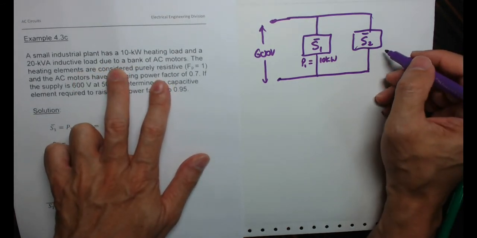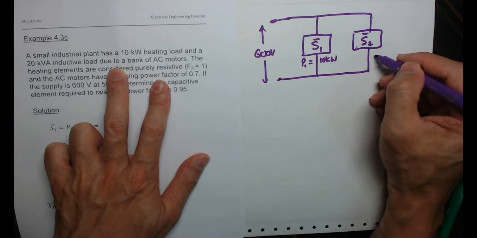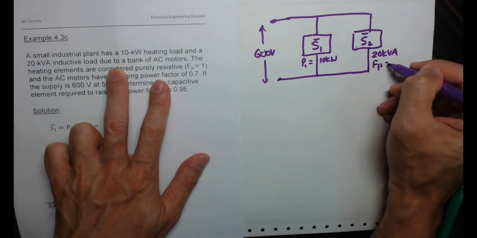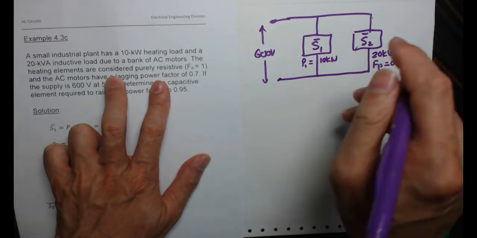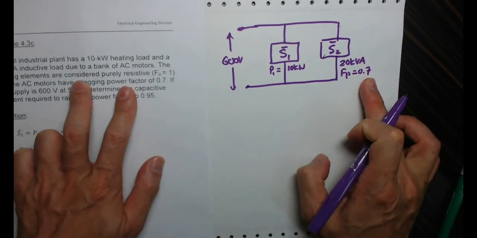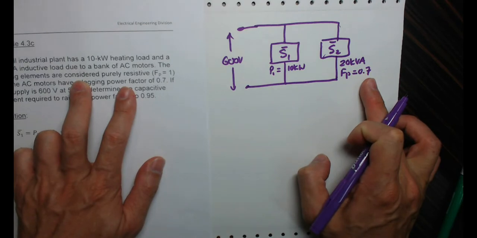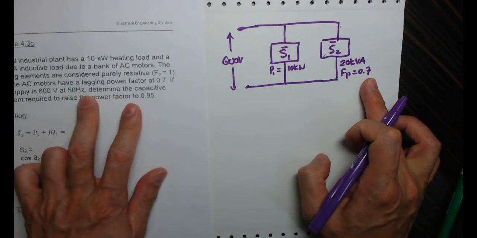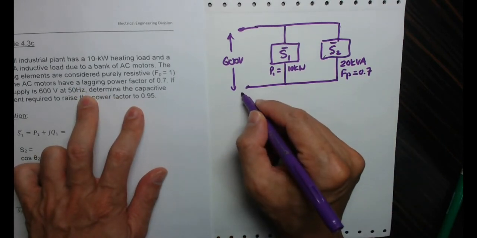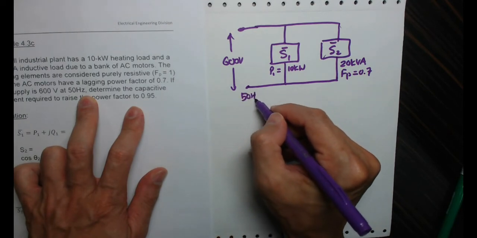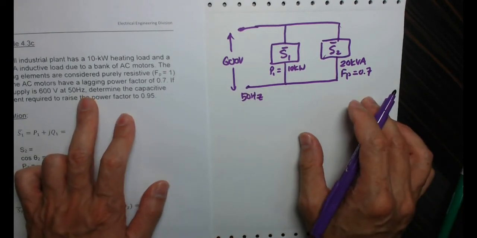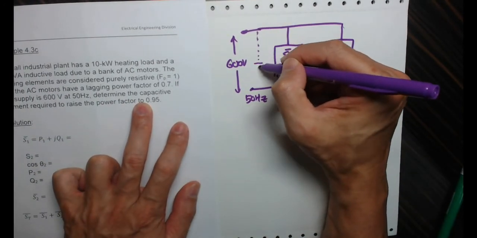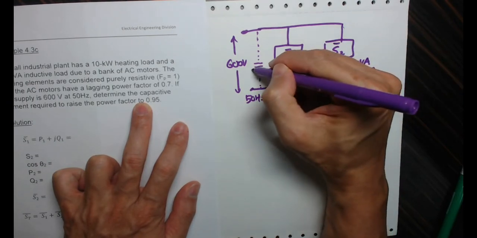But it has a power factor, so S2 is 20 kVA with a power factor of 0.7, which means that it has some resistive load, it has some inductive load, right? And the frequency is given as 50 Hz. So we want to know what is the capacitive element that we must introduce here to improve the power factor